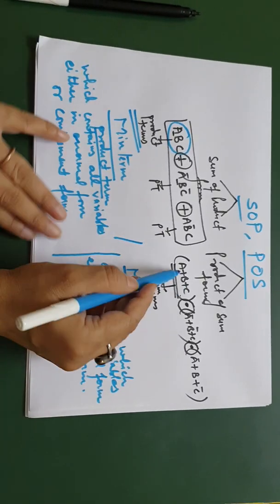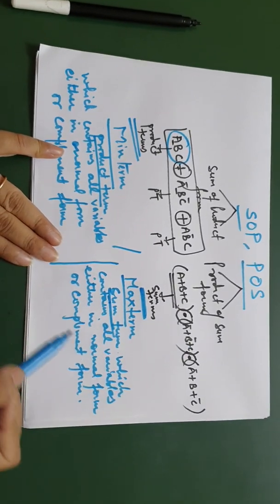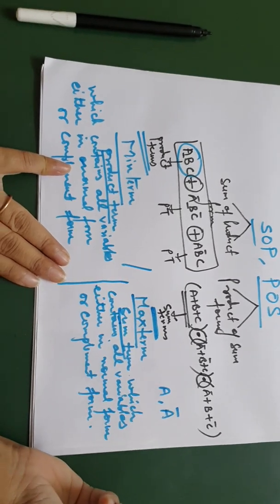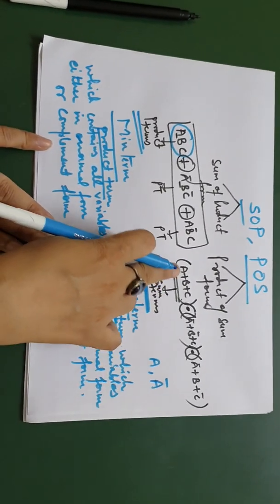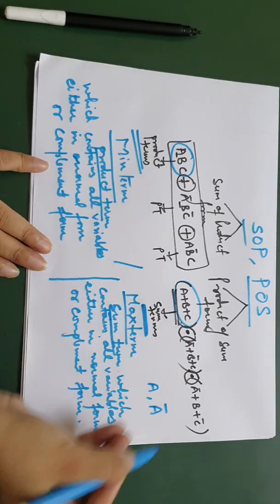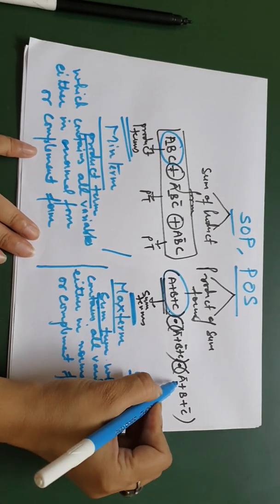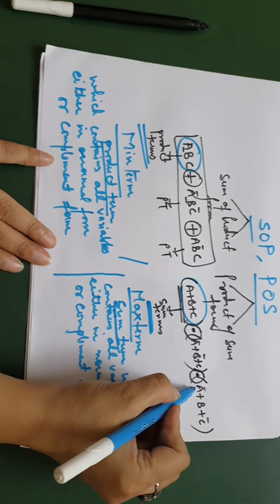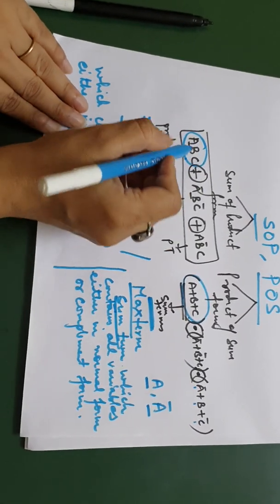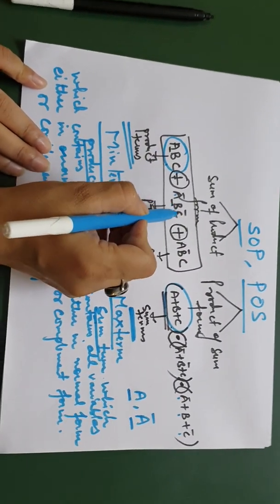What is the product term? So a sum term is A plus B plus C. It can be in either form. Normal form is my A, and complement form is my A bar. Here also, if I write A plus B plus C, this is my sum term, and either in normal form, A, or if I write A bar, this is also correct. Here this is in complement form, this is normal form, this is complement form, and this is my product term. Here it is also either in normal form or complement form.